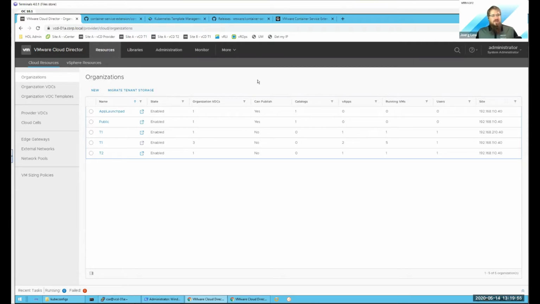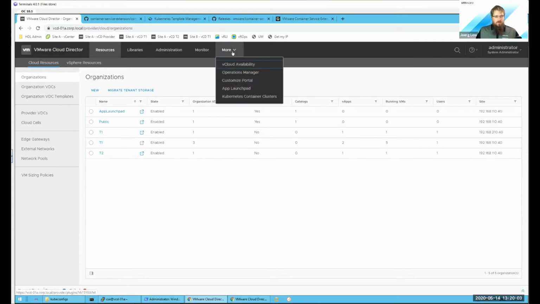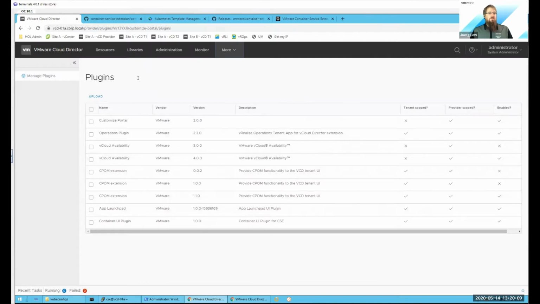So once you have CSE installed, the server component installed and integrated as an extension with Cloud Director, one of the next steps is to publish the plugin. That is something that you can now do through the UI in the Cloud Director plugin management. In my case, I already prepared that. So you upload the plugin zip file that you get from the GitHub repository. And then, as usual,